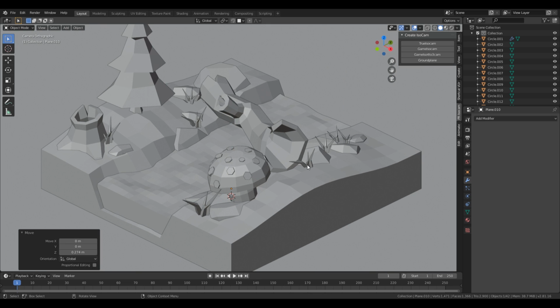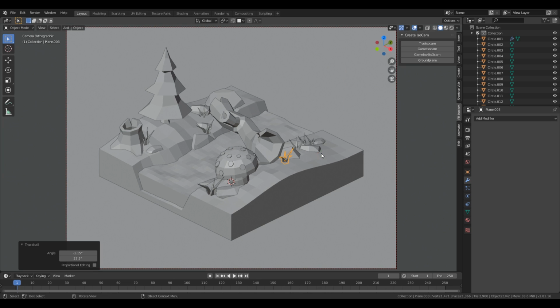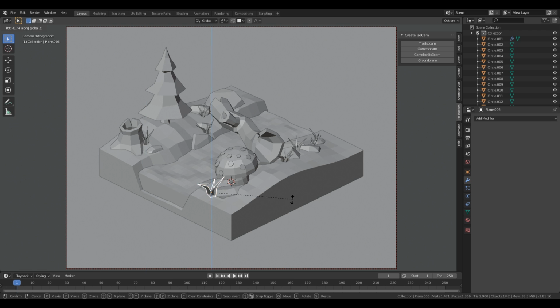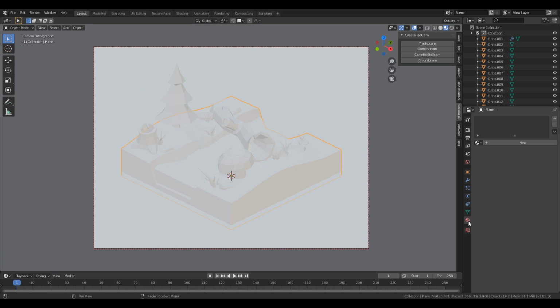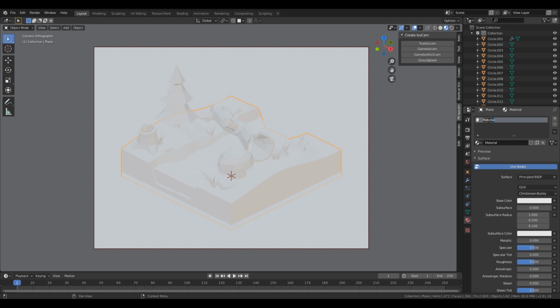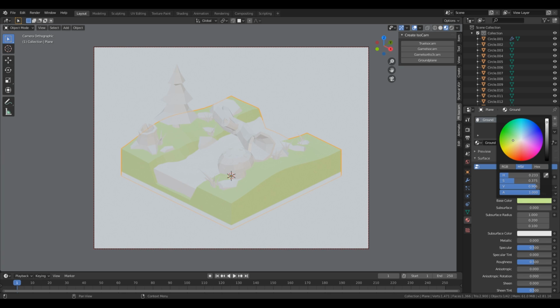Okay, so this will be our default scene, and right now we can make some layout adjustments so we get some better results. Okay, I think this will work fine. Okay, and we can switch to the material preview and let's start creating some materials. So go to the material tab, add new for the ground, let's call it ground,